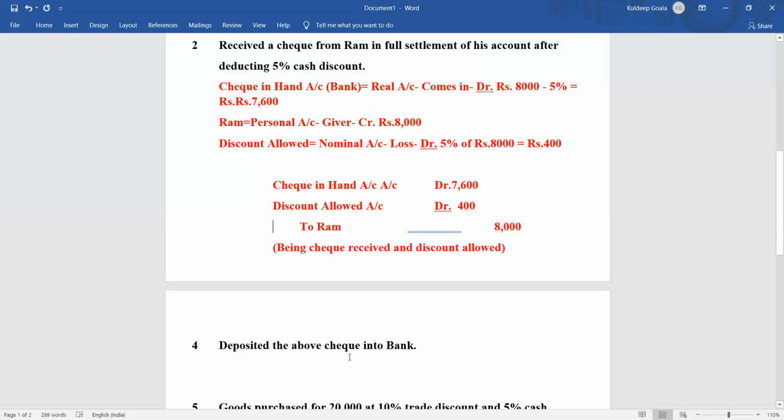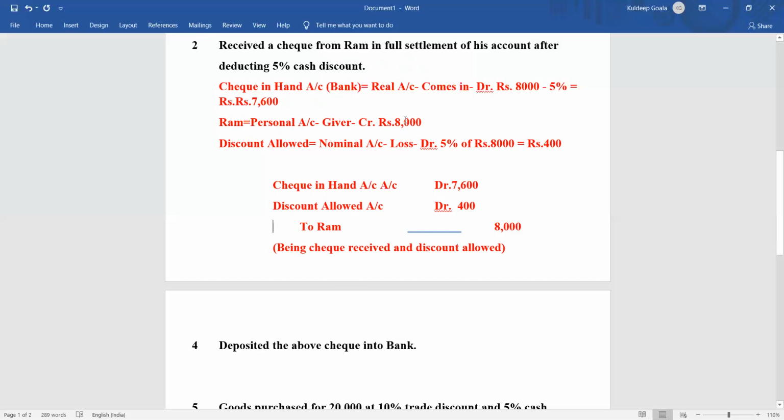So what has happened here is that right after the next date, on 4th of April, the check which was received on 2nd was deposited. That means on 2nd, we have kept the check with us. Whenever the check is kept with us in our hand, that will be referred to as check in hand. We will not take the bank, rather we will take check in hand. For your understanding, I am writing it bank, later on it will be taken in the bank account.